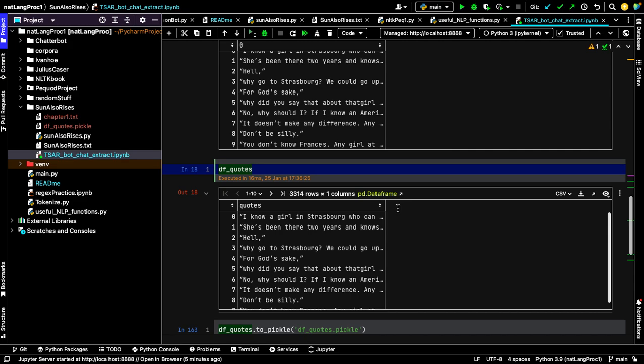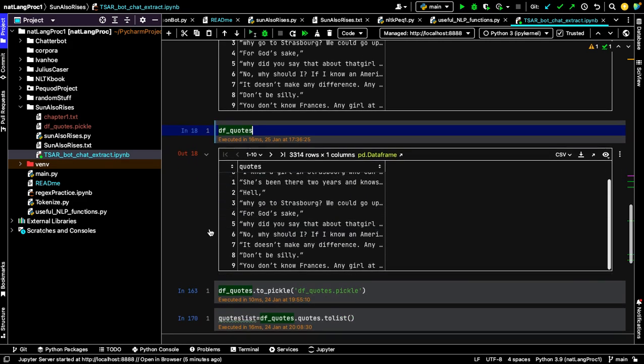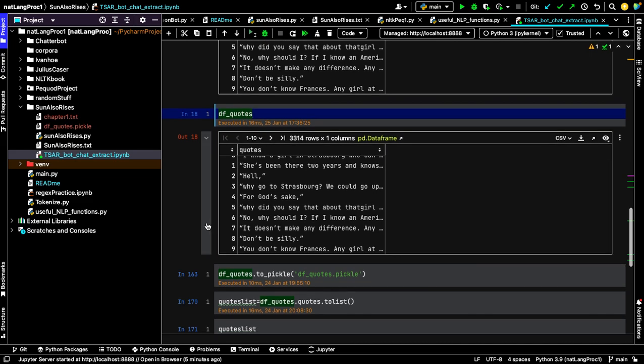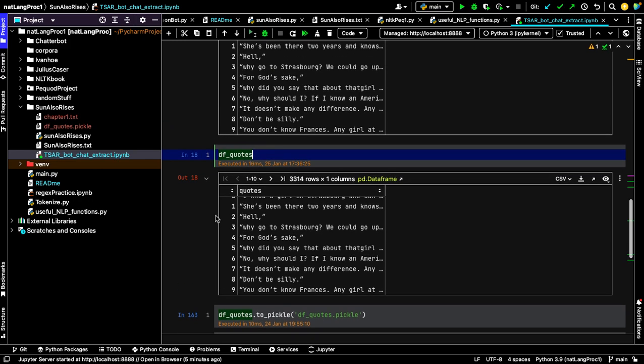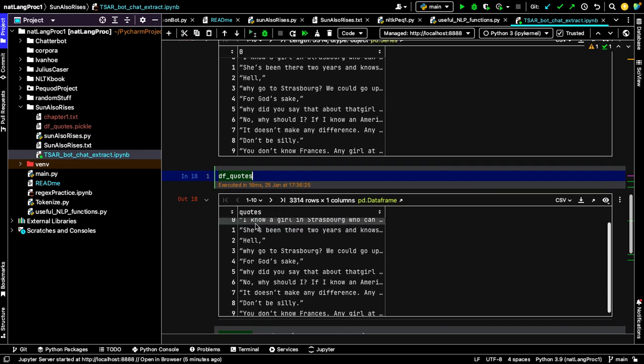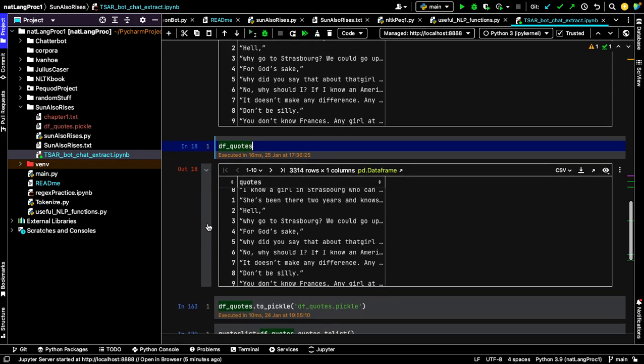Now I just need to go through and identify who said what, which I think I probably need some sort of neural network or machine learning to determine, from the context of the quote, who it belongs to. That's an issue I'm definitely not qualified to work on right now, but I will eventually.